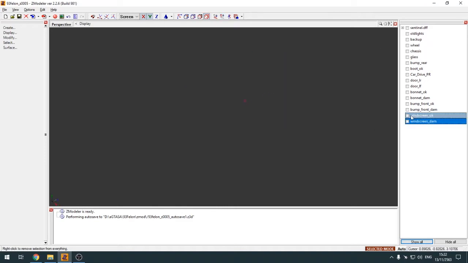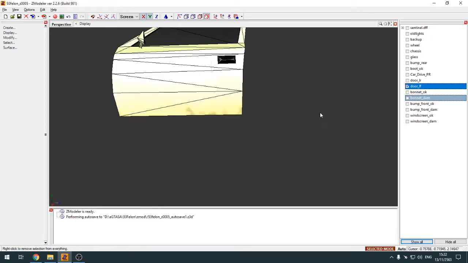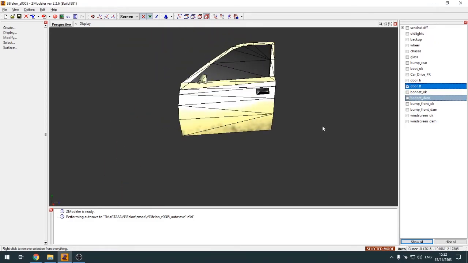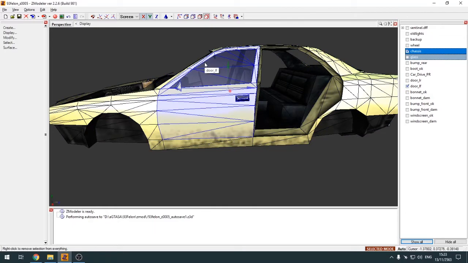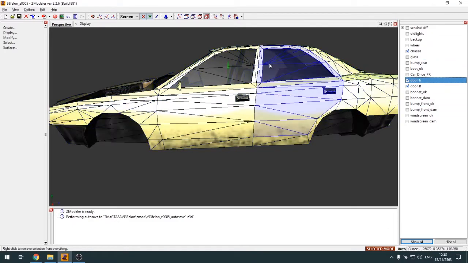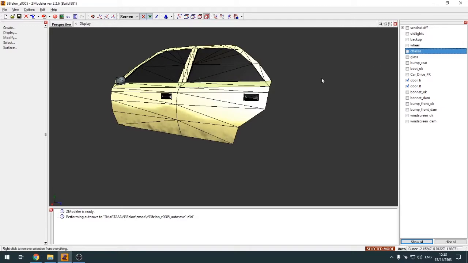We only have one windscreen per car, so no repeating here. And then here's the final part of the damage type. So here's the door. Let's do this front left door. But if you have a sedan, a 4-door car, I recommend finishing the model of the door like I